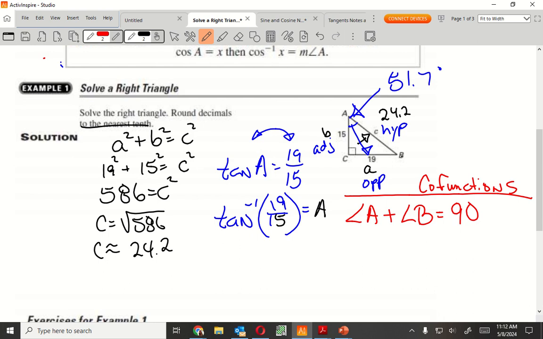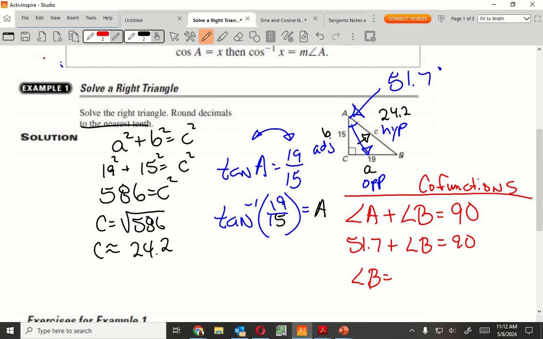So if both of them together have to add up to 90, I know A is 51.7, right? So I could just minus it from the 90. So I would just subtract 51.7 from 90, wouldn't I? Yes. So I should get angle B,